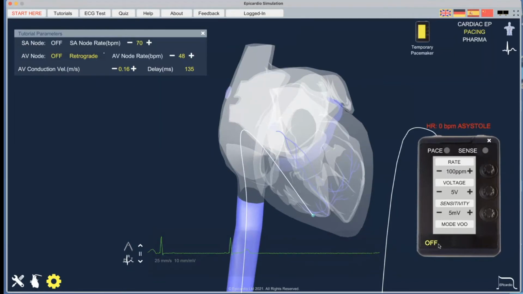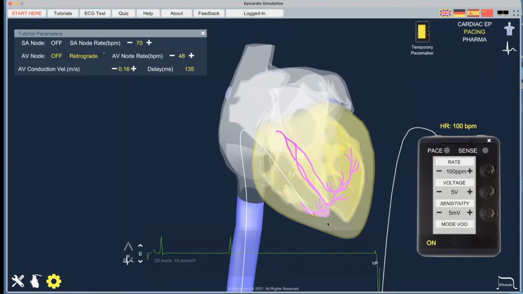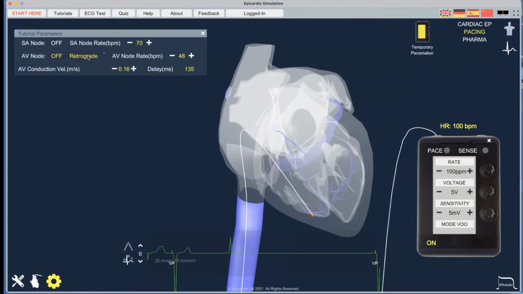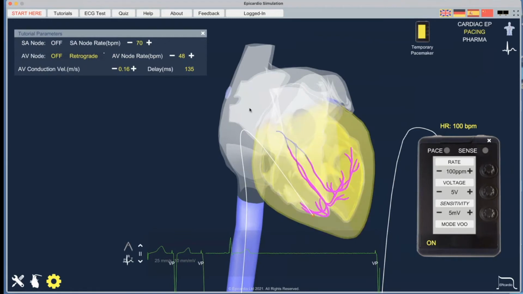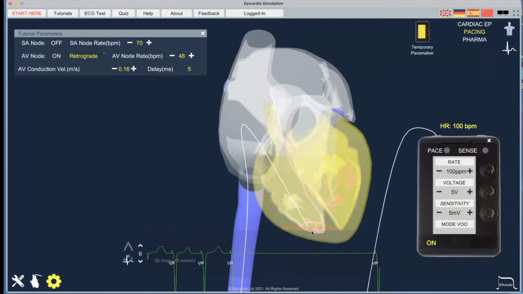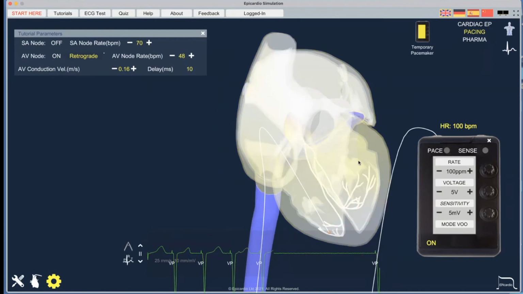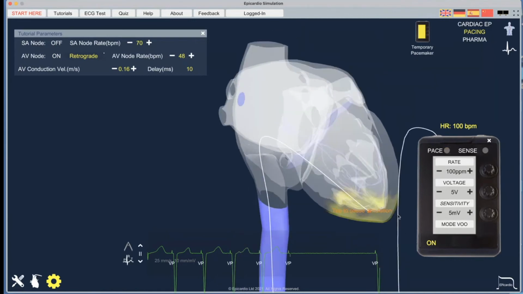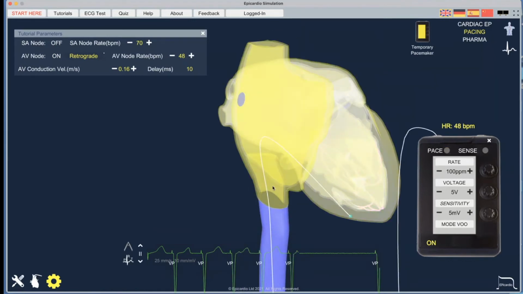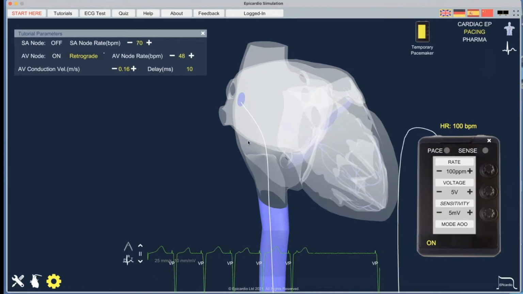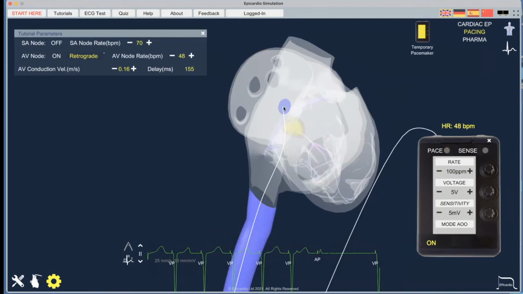So let's switch the pacing on again. So now I get pacing only. There's no SA node rate, there's no AV rate, there's just pacing. So I'm pacing from the left apex here, and I'm activating the whole heart, so I get some rhythm. If I take this pacing tip and put it next to the SA node somehow, near the SA node,